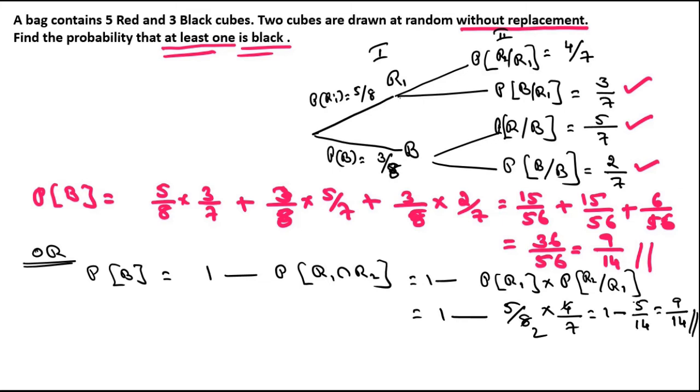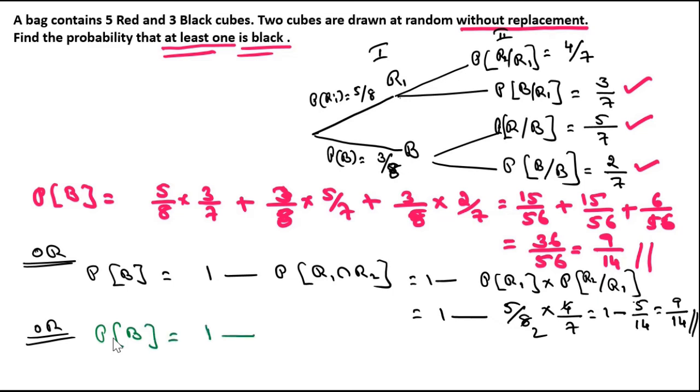Instead of doing that, if we took both balls together, simultaneously, withdrawing both balls, then immediately you can write this as probability of B equal to